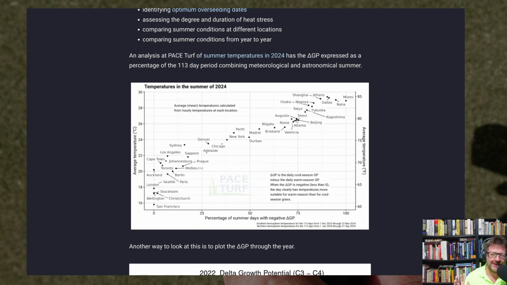So that's a different analysis, one that I've made some before, and I intend to update that, but that's not what this is about. This is more about the places like Shanghai or Tokyo or Washington, D.C. or Atlanta, Georgia, where you might be growing bent grass on greens, but in the summer it's so hot that it's really better conditions for warm season grass, at least for temperature. So let me give you an example. On this chart, it shows for Atlanta, Georgia, in the summer of 2024,